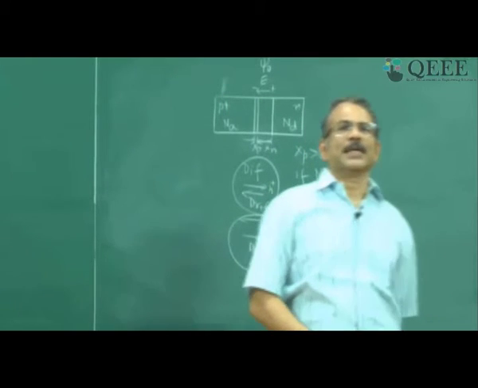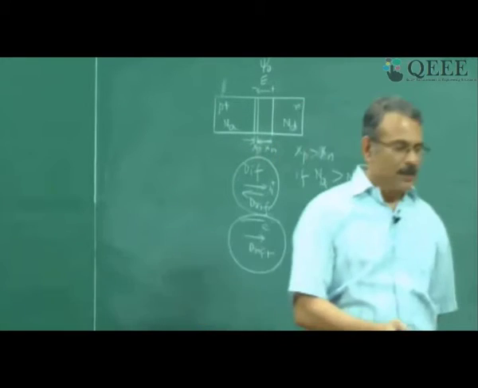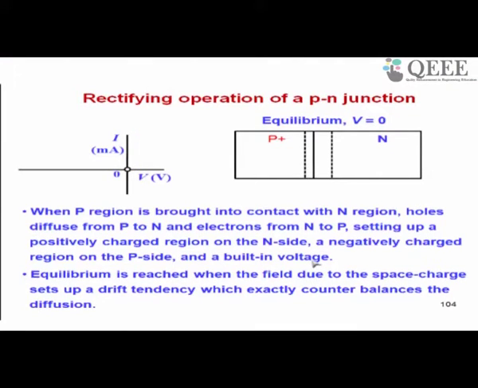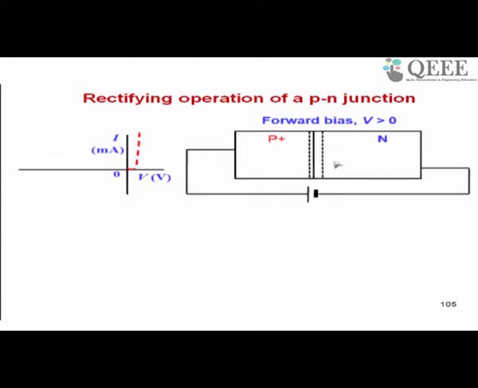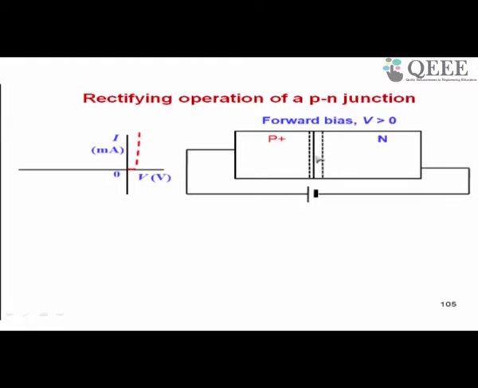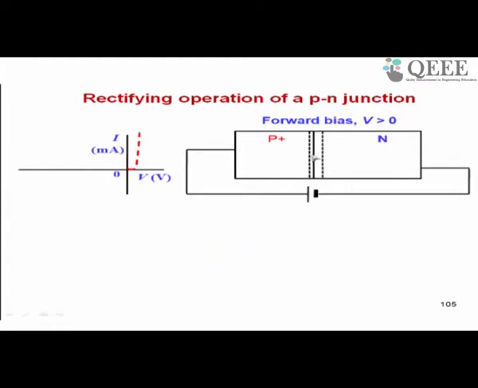Now let us come to forward bias. Now V is greater than 0. Let me go back to the previous slide. So here there was no current, that is why on the IV map you are only showing this point under equilibrium, and there was certain depletion width here. Now the moment I go to forward bias, you can see that the depletion region has become smaller, right. Concentrate on the depletion region here. I am flipping the slide. You can see that depletion width is reducing.